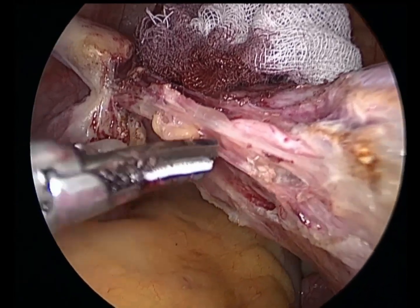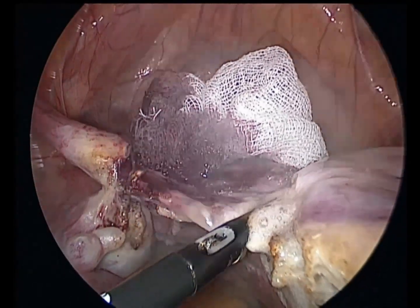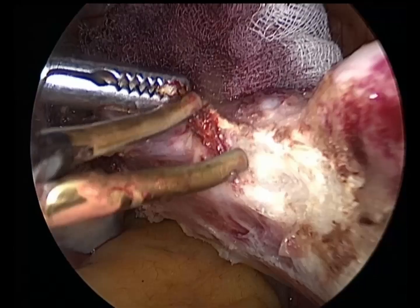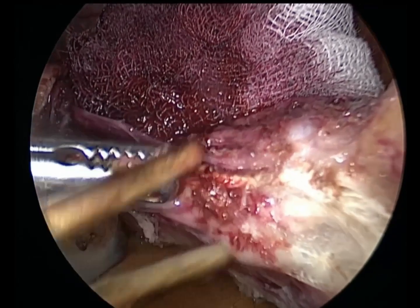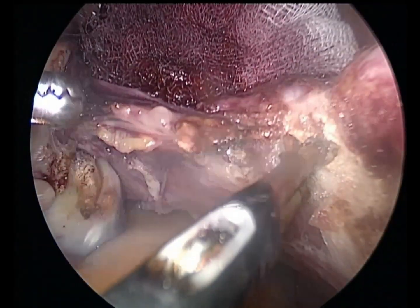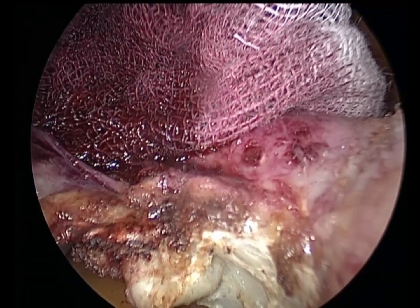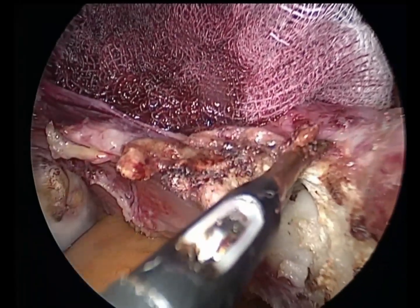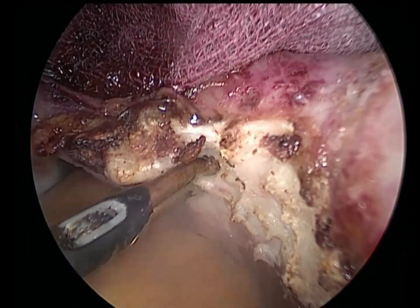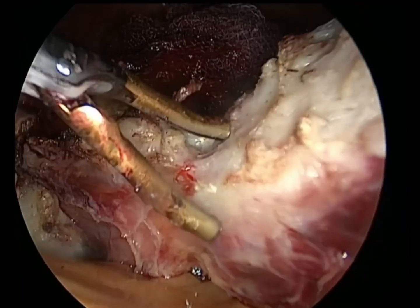Now we are defining the uterine arteries. Now you have entered the cervical